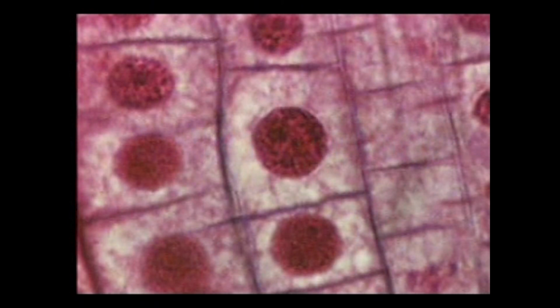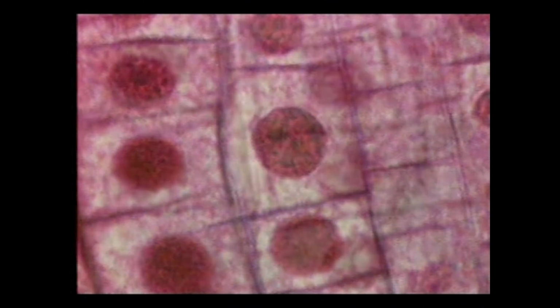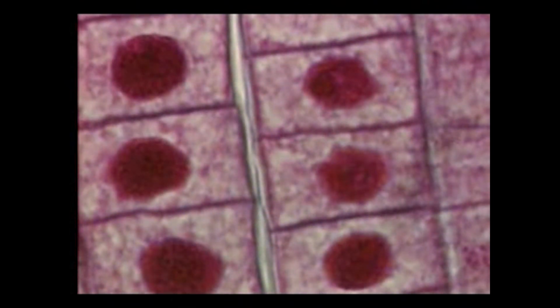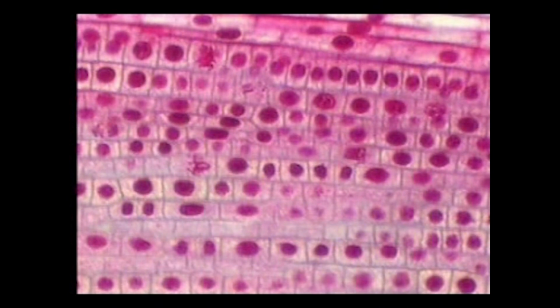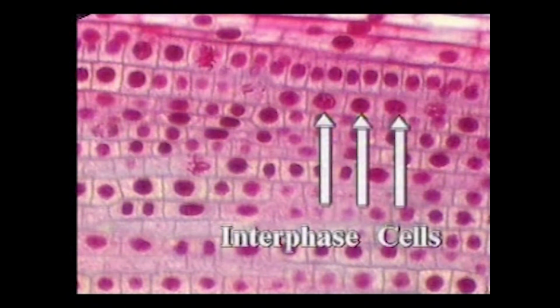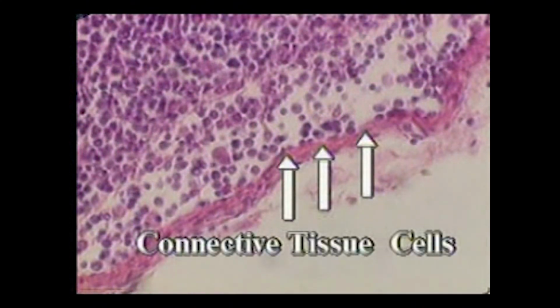Because the events that occur in interphase allow mitosis to take place, let us begin our examination of mitosis by taking a closer look at interphase cells. Interphase is defined as the period of a cell's life cycle between one mitosis and the next mitosis, the period of cell growth. As can be seen in this microscopic image of an onion root, some cells are dividing, but the nuclei of most of the cells are round and intact. These are interphase cells. Average human cells, such as these that form connective tissue, spend about 19 hours in interphase and only between 50 to 90 minutes in mitosis and cell division.